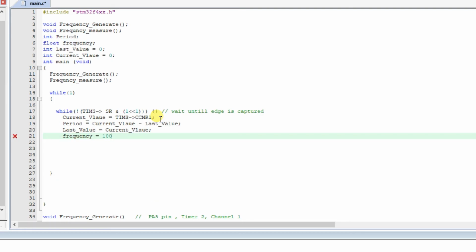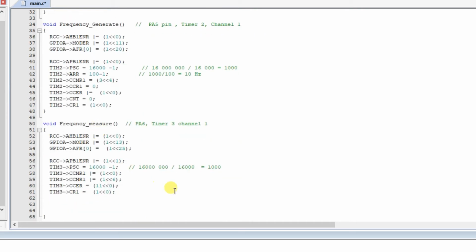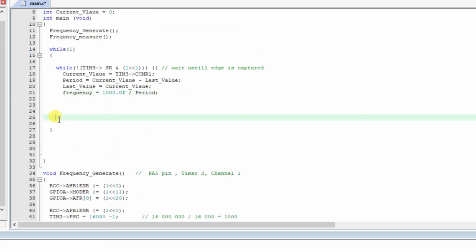It will be 1000.0f, because it is float, divided by period. Why is it 1000? Because of its resolution. I use 16,000 here. Okay, so now the code is ready.